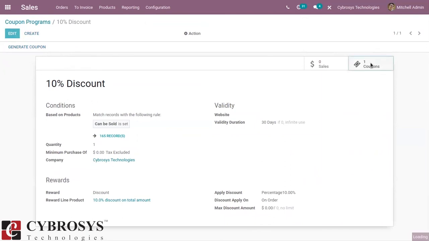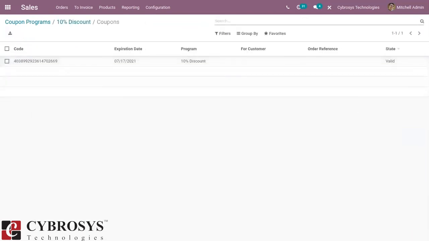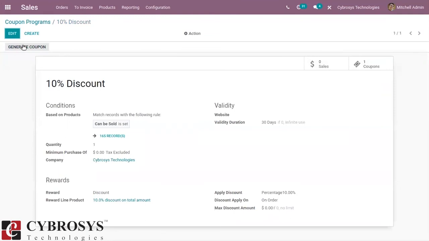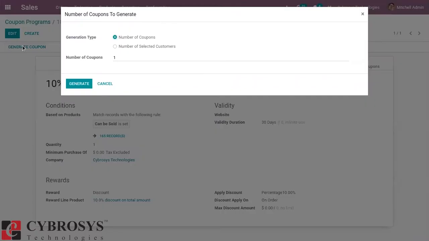And here we already have one coupon generated, which is valid. This means that a customer can use this code. And if a customer already used a code, then the state will be changed to invalid. Okay, let's generate some coupons.